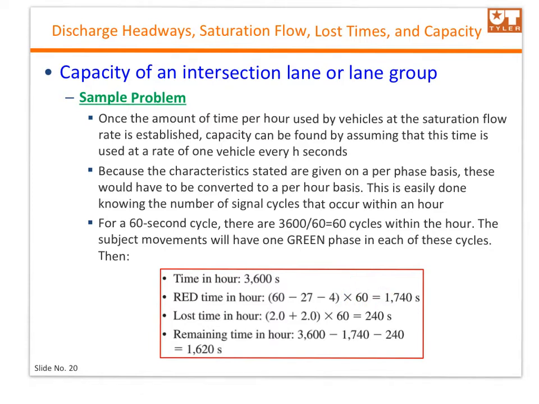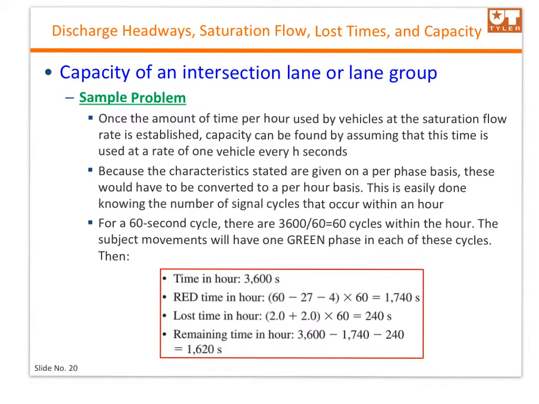So that's going to give us 1740 seconds. The lost time in 1 hour is also 2, which is the startup, plus the clearance lost time. So 2 plus 2 is 4, times 60 cycles per hour. That means there will be 240 seconds lost per hour. Therefore, this can now give us the remaining time in an hour, which is the green, or the effective green